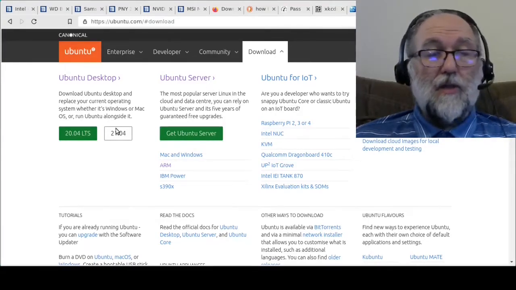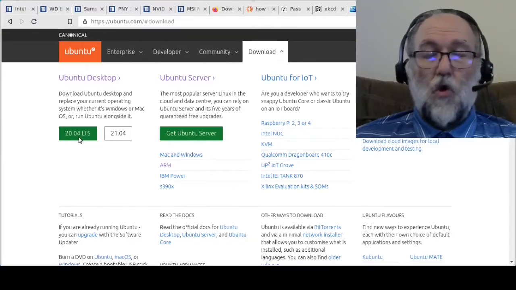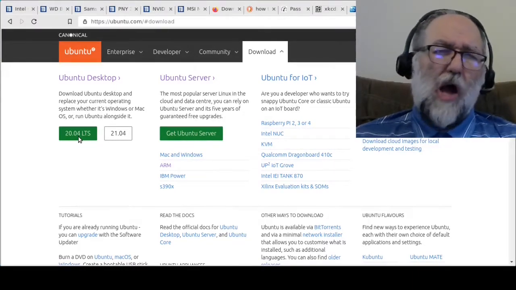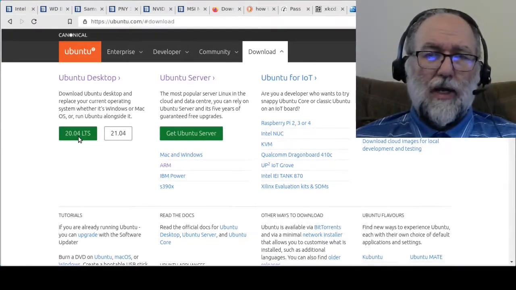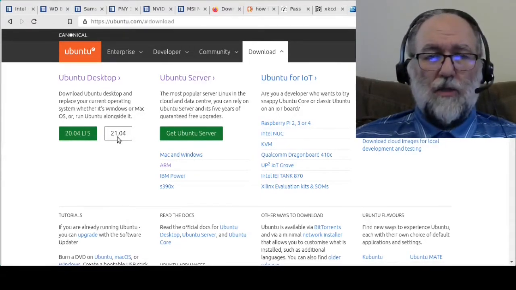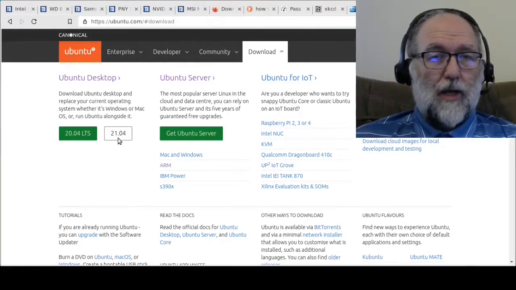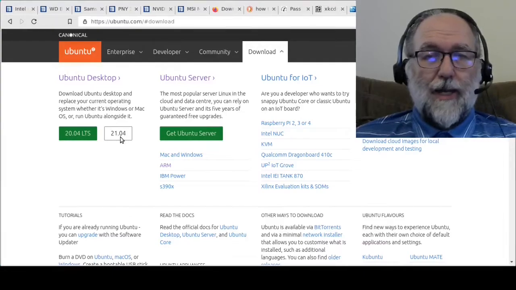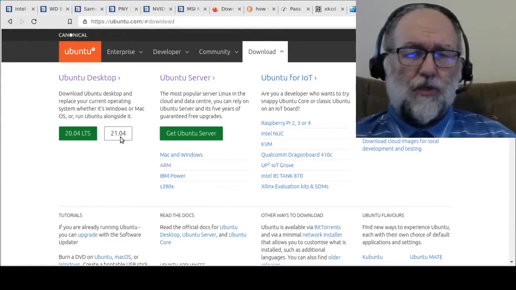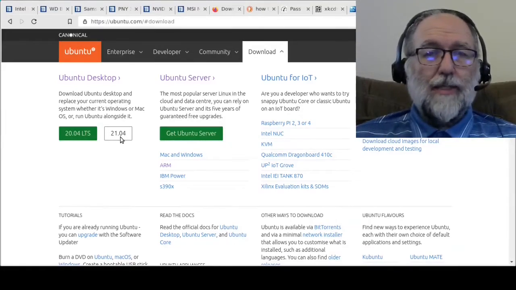And then there's a couple of versions of Ubuntu. There's 20.04, and that's the long-term support, and that's usually what you would want to run. But we're going to actually install 21.04. 21 is for 2021, and that's just the latest version of Ubuntu. Not that it matters much. You click on that, and it's going to download a file, and the name of the file is